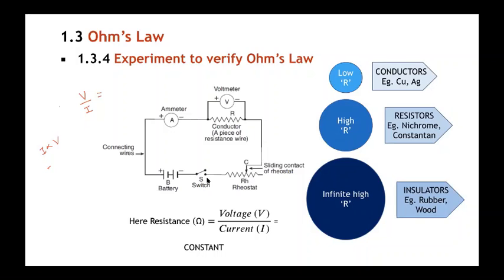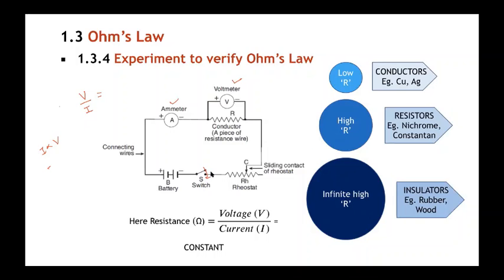So how exactly are we doing it? First, we will switch on the circuit and put some rheostat value. Now this circuit is complete. The ammeter will give you some reading, and the voltmeter will also give you some reading. The ammeter gives the magnitude of current flowing through the conductor, because it is connected in series with the conductor. And the voltmeter gives the potential difference across the ends of the conductor.